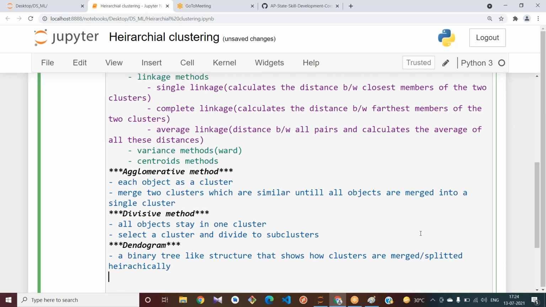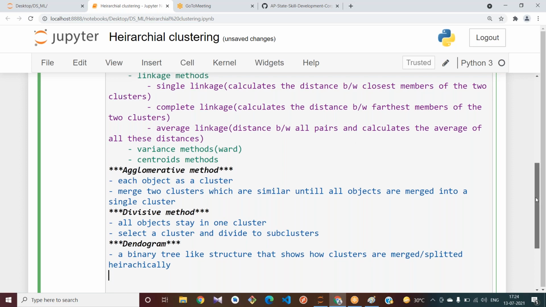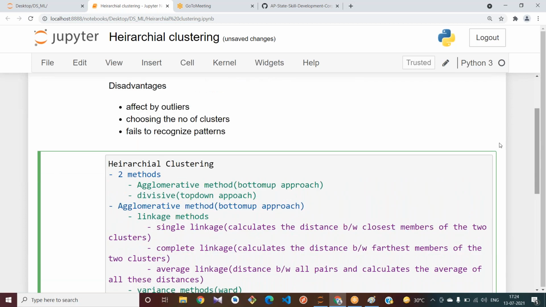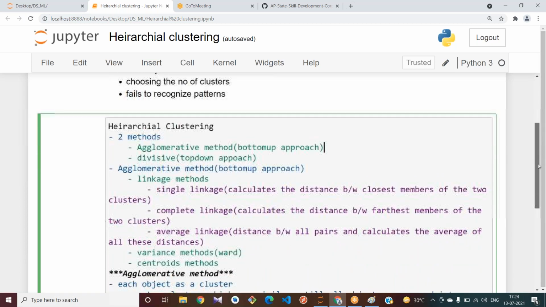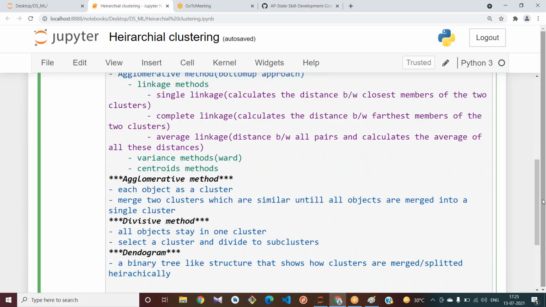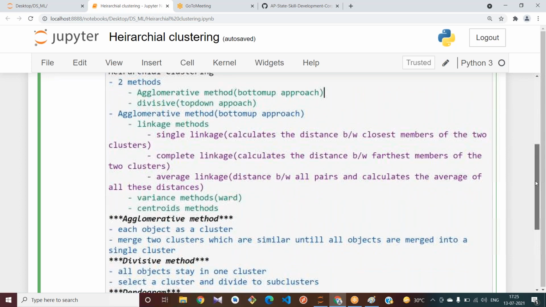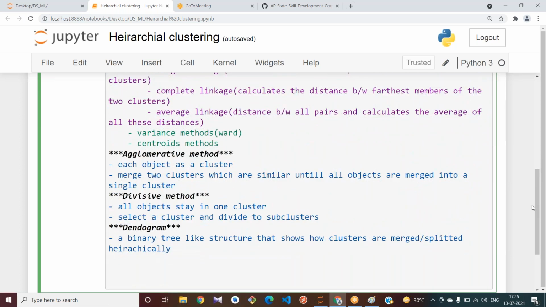This is what a dendrogram is. And see this node. I will tell you what a node is when we visualize the dendrogram using sklearn. And what else have we learned? What is the bottom-up approach, the top-down approach, what are the linkage methods we have seen, and what is the concept behind the bottom-up and top-down approaches we have observed.